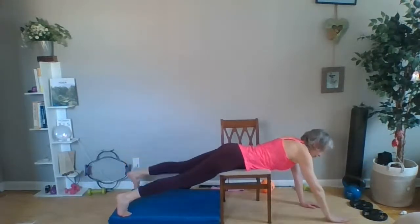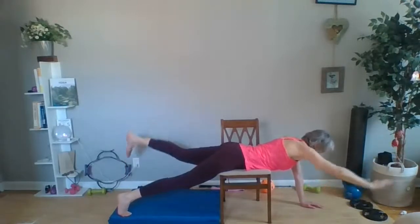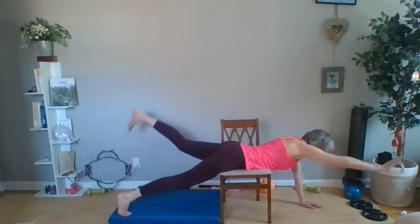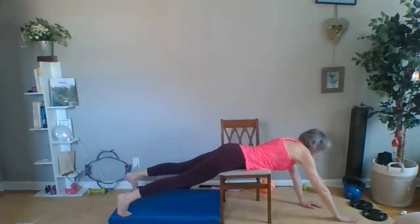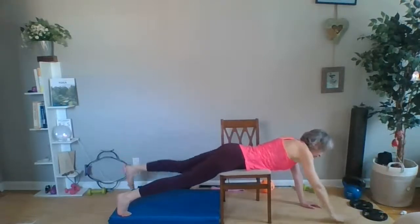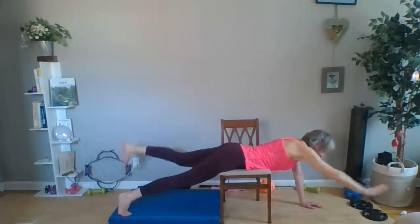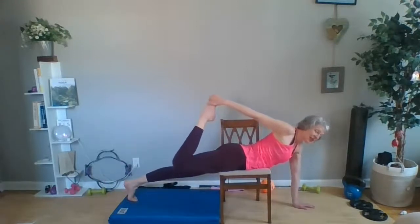2, 3, 4, 5, 6, 7, 8, 9, 10. Awesome. So let's stay on this side and let's bend the leg here and let's stretch the leg so